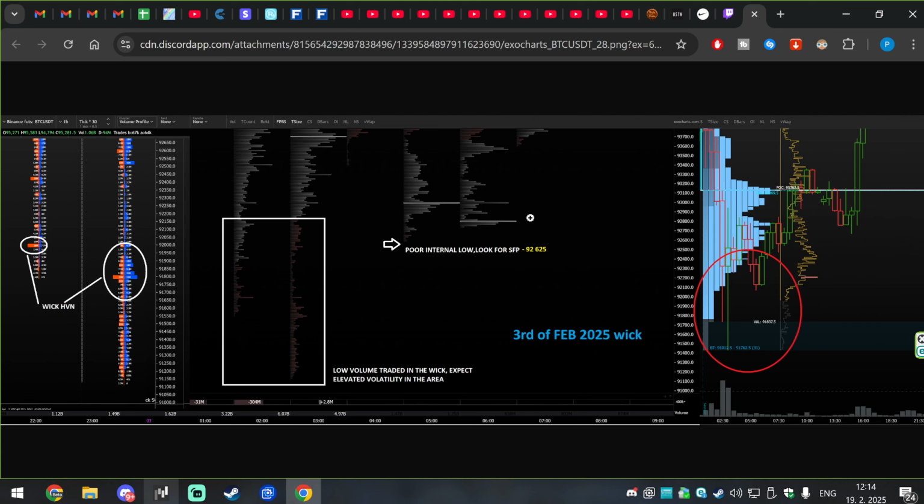So in case you go down and you take out this low, no swing failure pattern, no immediate one, you can still get a bounce from here. If that fails, you go for the main week low. You always seek high volume nodes inside the wicks. That's a small tip. Big short here, trap, big short here, trap. So you've got some nice shorts there.